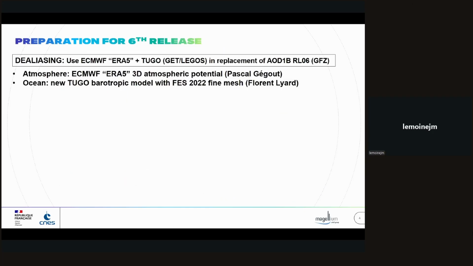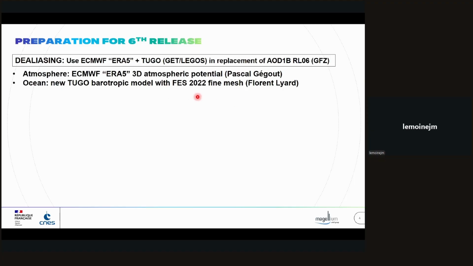Second improvement, we plan to switch to the new computed de-aliasing products from the Observatoire de Toulouse, namely using the ERA5 ECMWF 3D atmospheric potential computed by Pascal Gégou, and the new Tugo barotropic model from Florent Liard, based on the fine